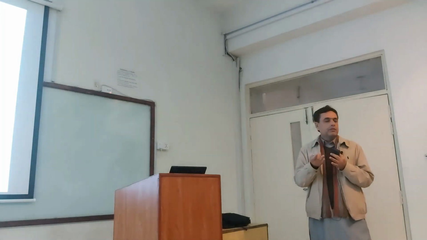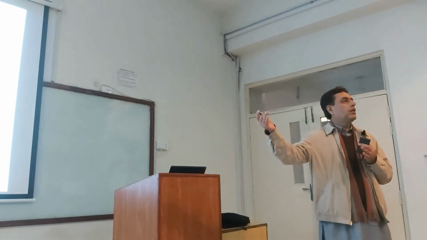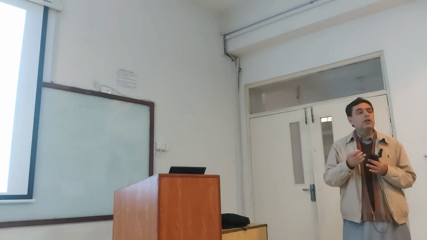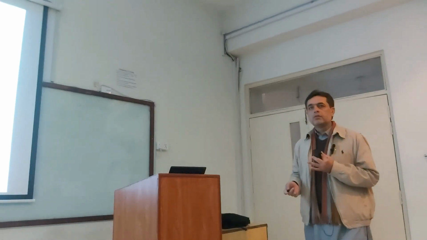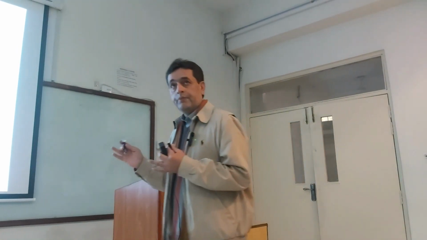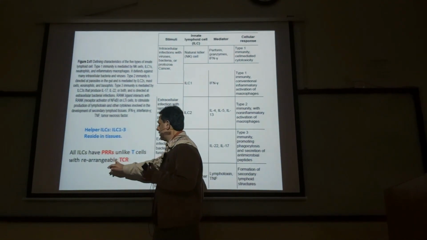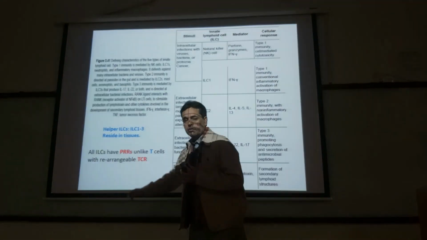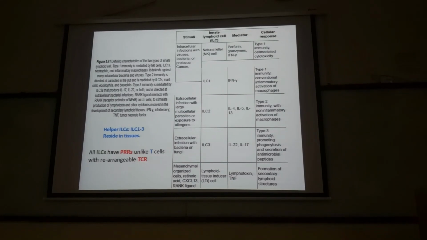They are just the pattern recognition receptors found on other cells of the innate immune system, or other non-lymphocyte cells, just like the macrophages, mast cells, neutrophils, basophils, etc. Okay? So they are lymphocytes, but they are different with respect to the nature of receptor